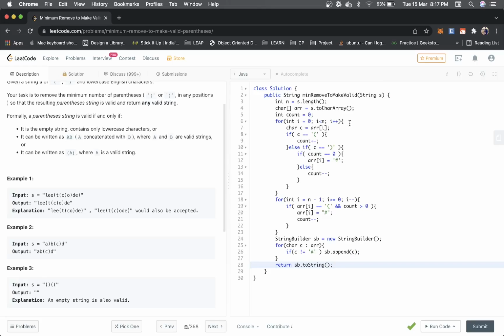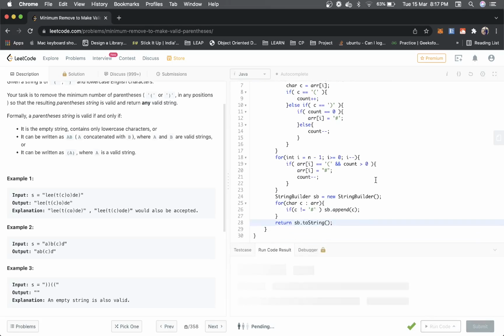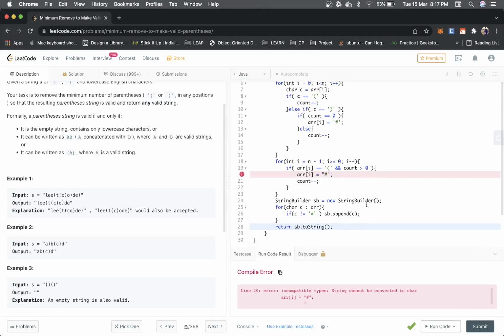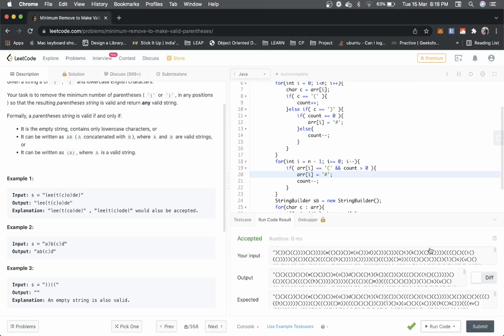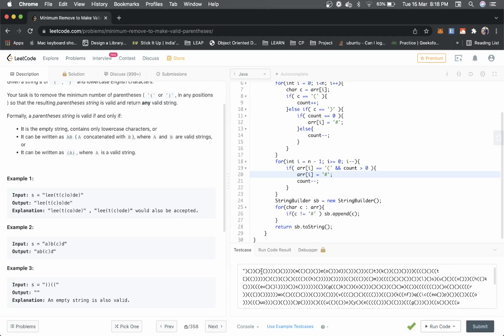So this is the solution. Let's try running it. Okay, sorry, we have to pass a string character. Let's try again. I have written a test case here.